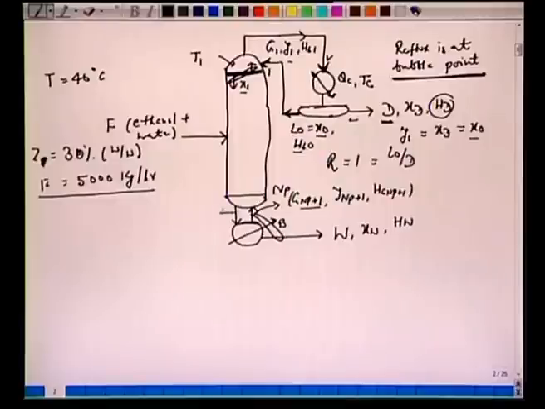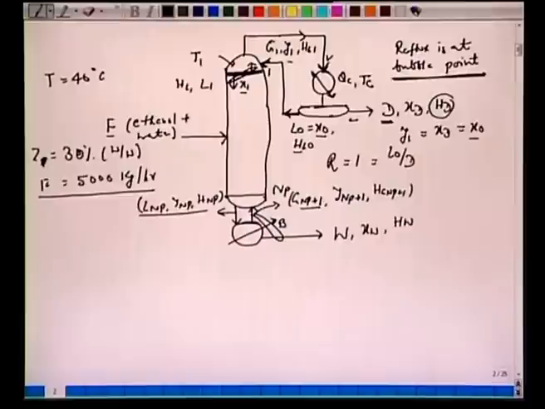Similarly for this liquid, here we have the specs LNP, YNP, and we have HNP. Now it's very important that in any problem like this we mark and give some nomenclature here for NP plus 1, NP the last plate, and Y1 here. So this is X1, this will be L1 here, and there will be HL1 here. So at least for the top plate, the bottom plate, the feed, ZF, etc., we mark these points here. All right. Now the composition is given here as 30%.